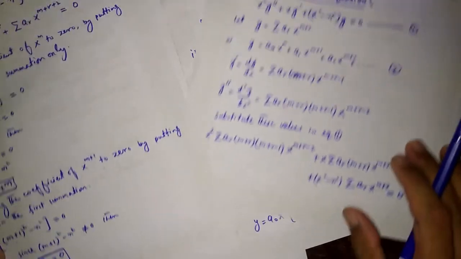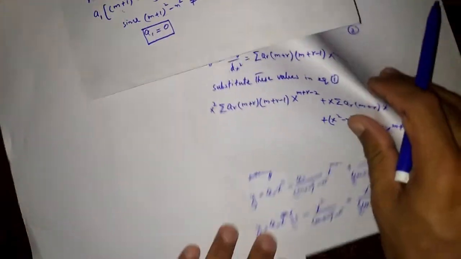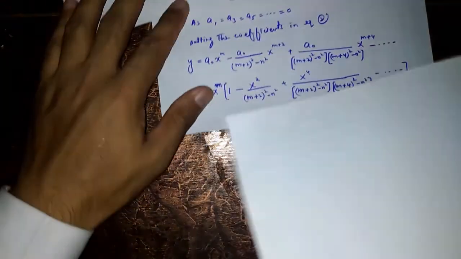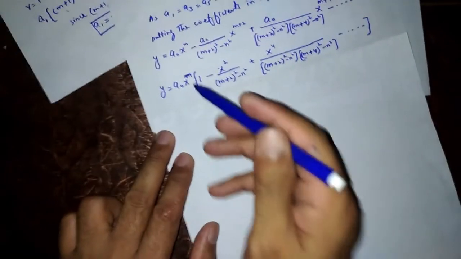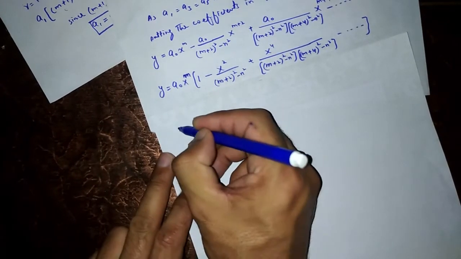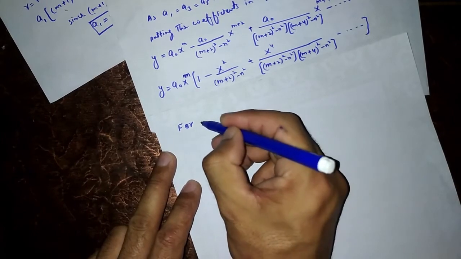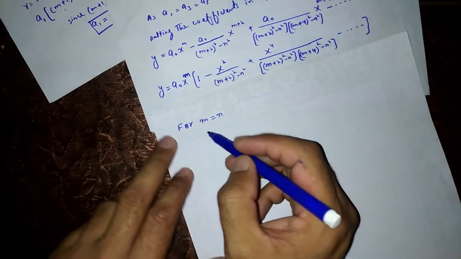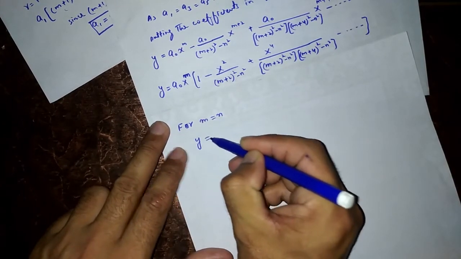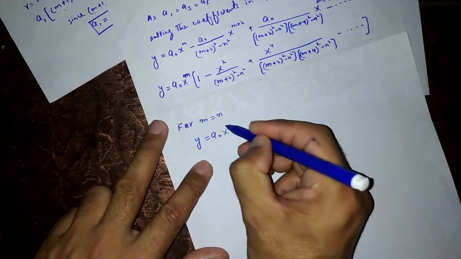So if you replace m by plus n, for m is equal to n, this will become y is equal to a naught x to the power n